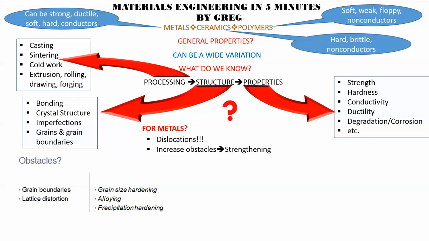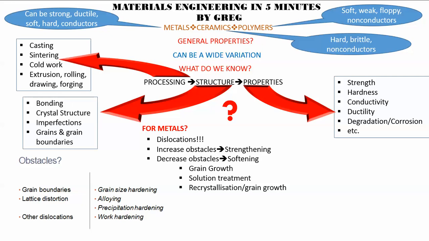Or we can have precipitation hardening, where we finely disperse a second phase through the first phase, and that second phase gives us distortion in the lattice as well. Or it could be simply other dislocations through cold work. We get this thing called work hardening, where we multiply the number of dislocations and they get tangled up. And we also get dislocation pile up on grain boundaries and that sort of thing.